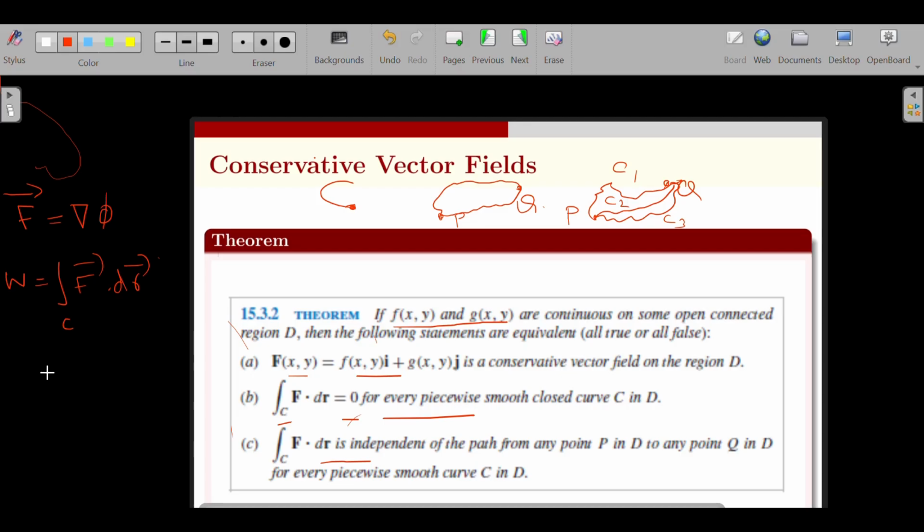So since this particular value depends only on the endpoints, the line integral over C of F dot dr, if we are considering the point P and the curve is from P to P, will depend only on the endpoints, that is the value of the function phi at P, minus the value of the function phi at P, which means that it will be equal to 0. So in this case the value of this particular integral will be equal to